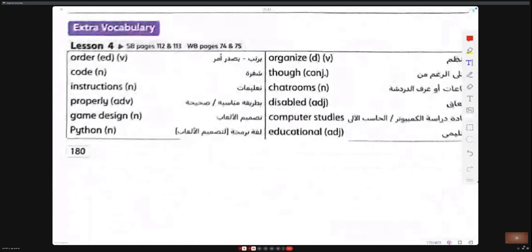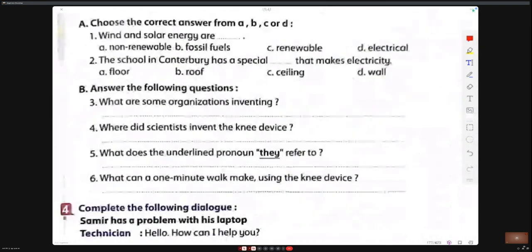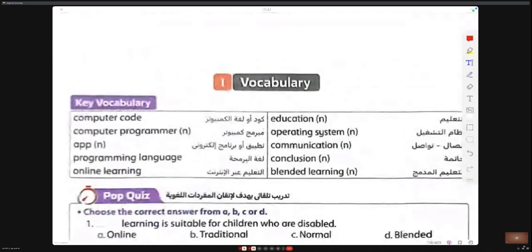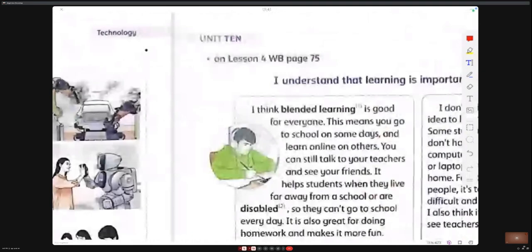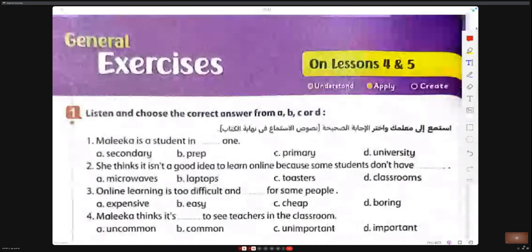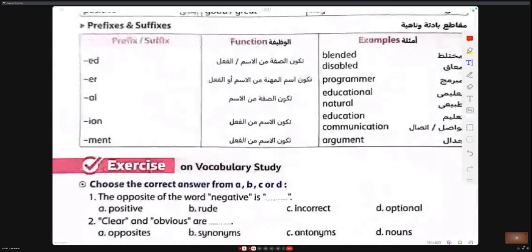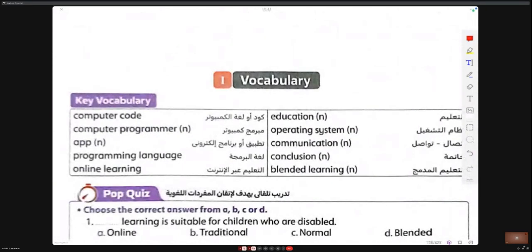Do you need the next lesson? Something wrong in this book? Okay, this is lesson 4 and 5.